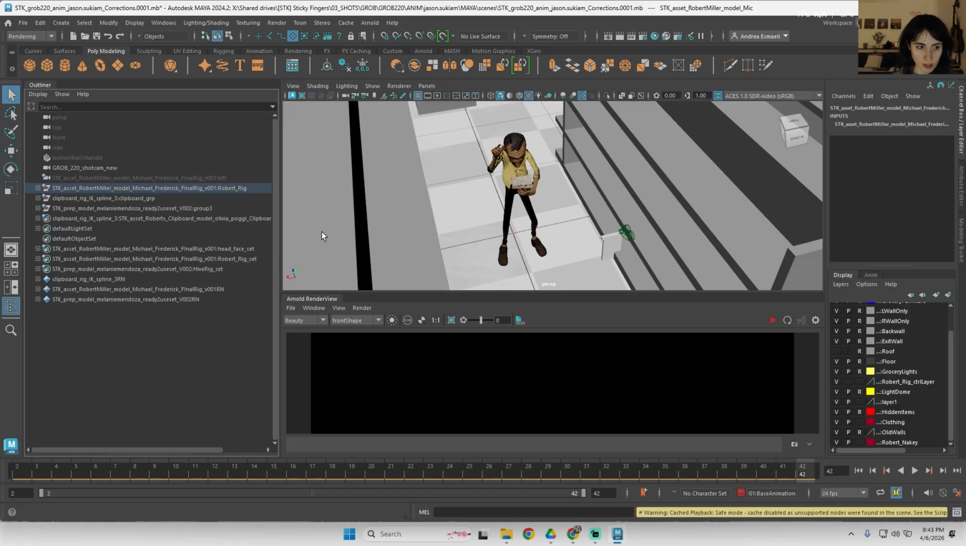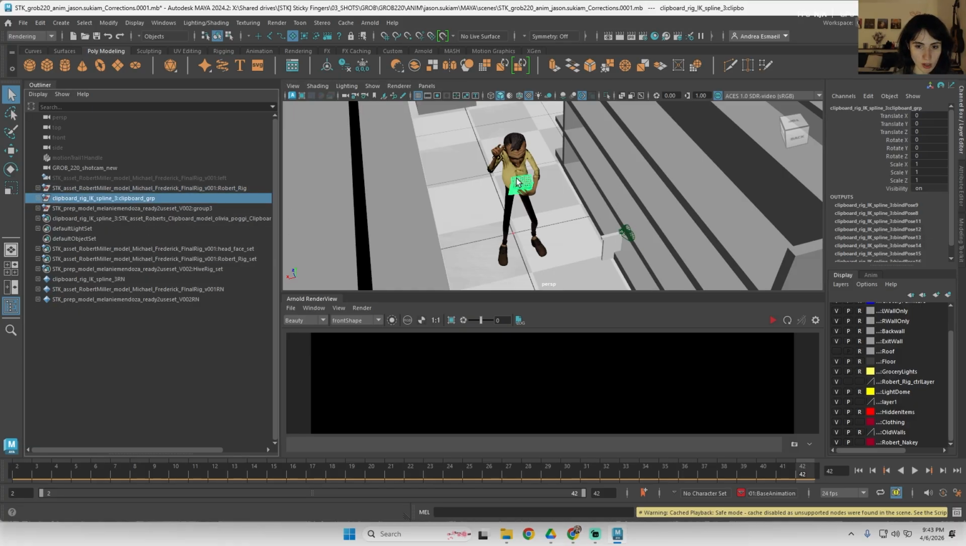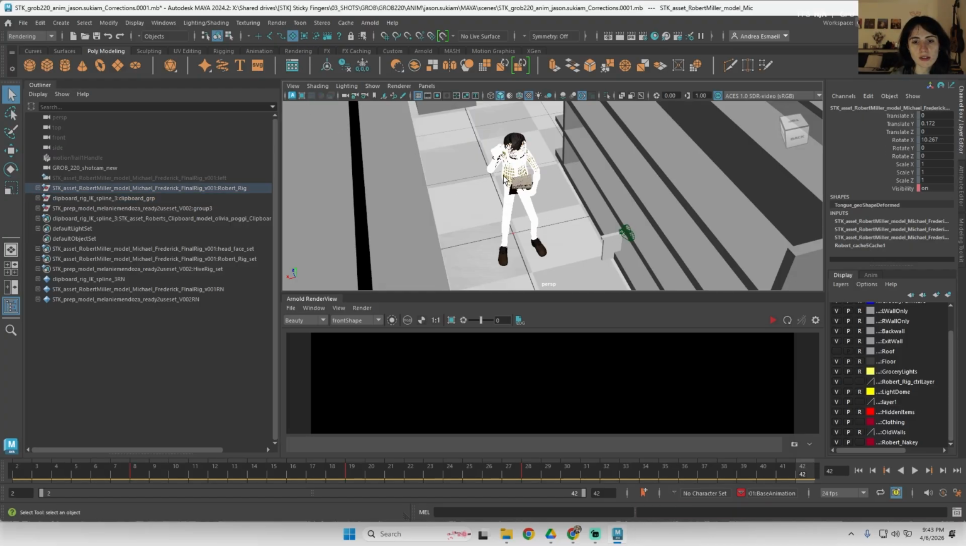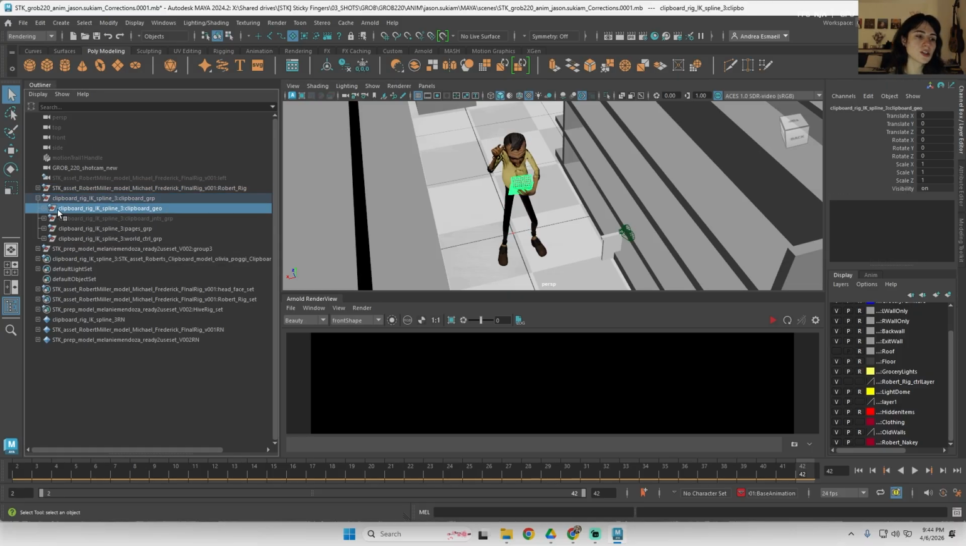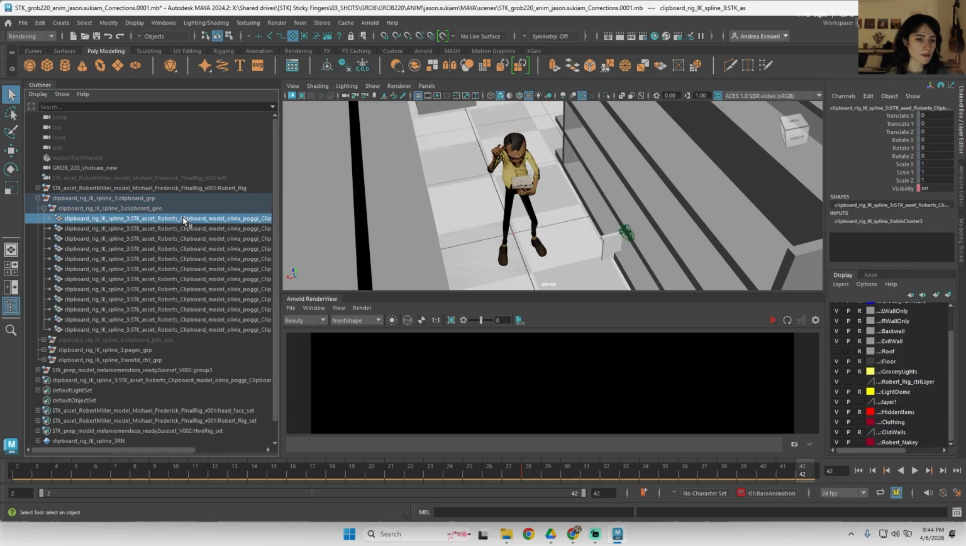Robert. So let's cache out the clipboard as well. And you'll be doing this for all of your props, so get ready to do that. So for the clipboard, for some reason whenever I try to select it using the method, it deselects. So what we're going to do is open up the clipboard, find the geo, open the geo, and then just manually select all of the geo inside of geo, just like this, and then go cache,